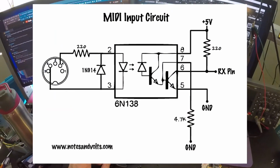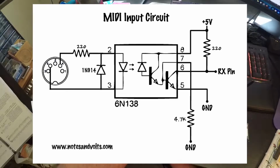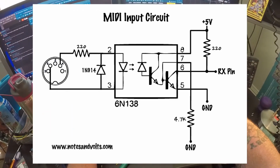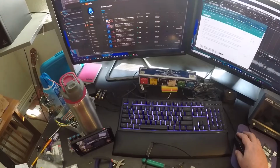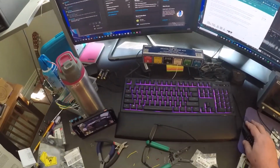When I was figuring this out, I was led to believe the simpler circuits than this one that you can find out there are probably not something that you want to hook expensive hardware up to. Built to this schematic, both sides are protected from each other as we spoke about, and it adheres to what the MIDI specification recommends. If you're going to dig into this project at all, it's highly recommended you poke around at the MIDI specification. I'll leave links to all this stuff on the site,